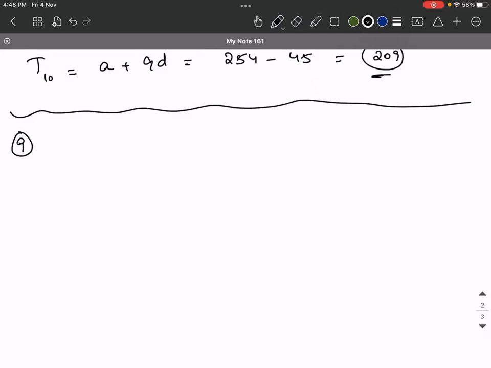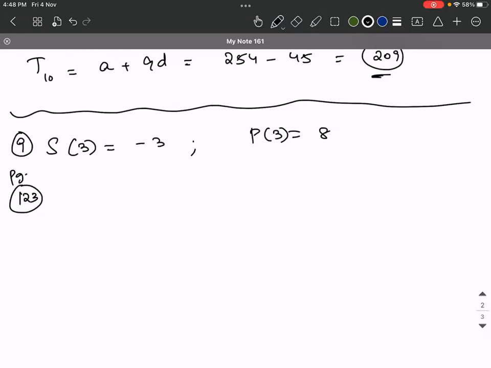Nine. The sum of three numbers in an AP is -3 and their product is 8. Find the numbers. See, if you go to page 123,